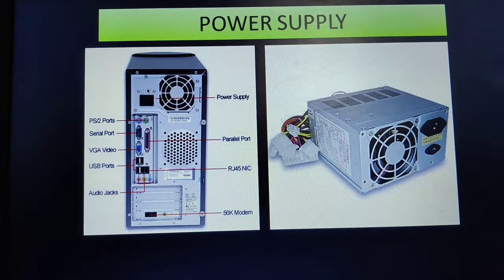That means it is capable, if it is for a personal computer, and if you have an SMPS of around 230 volts, then that 230 volts alternating current will be converted into 5 to 12 volts DC. Usually these SMPS may have a rating of around 180 to 300 watts, or 450 or 500 watts. Up to that many watts the SMPS power supply may come. Okay, so this was all about the SMPS.